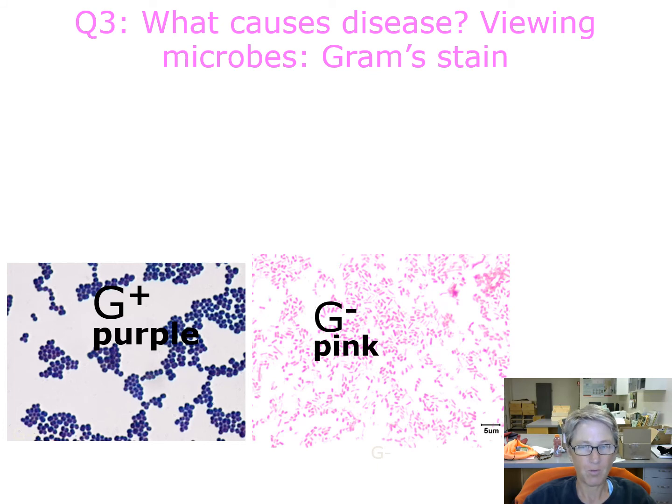This is a Gram stain. This is like basic microbiology 101. If you were in the lab, you will learn this. But if you're doing this online, hopefully we'll get a virtual Gram stain. But these are microbes, and if you are a gram-positive microbe, you'll be really dark purple like this.